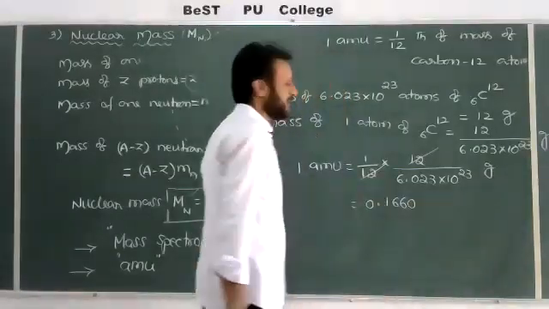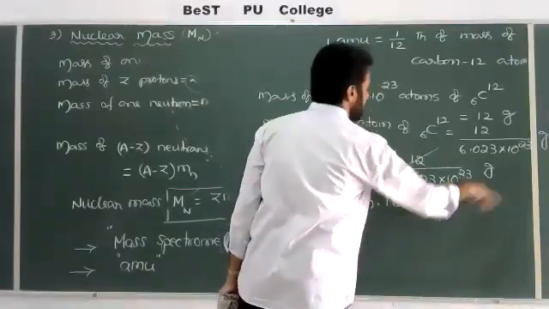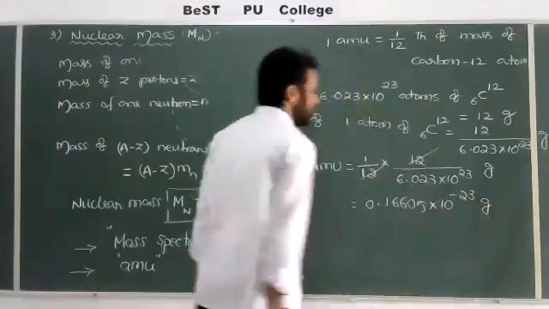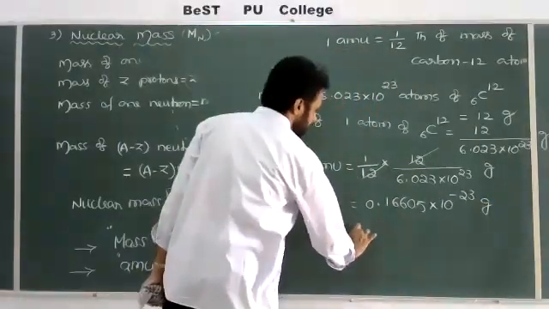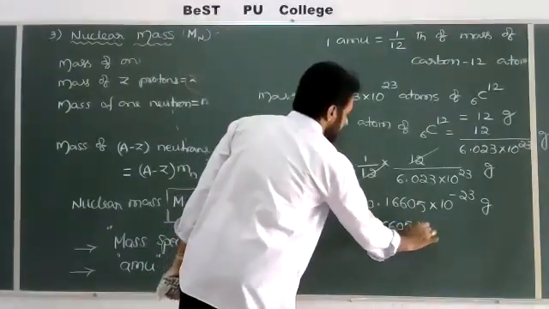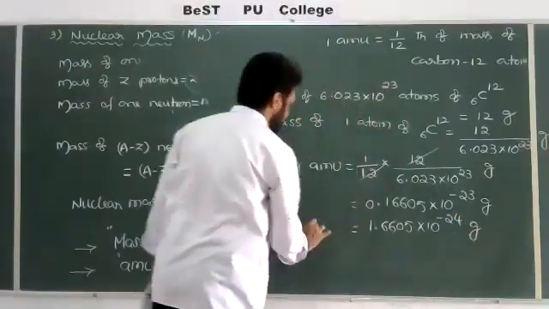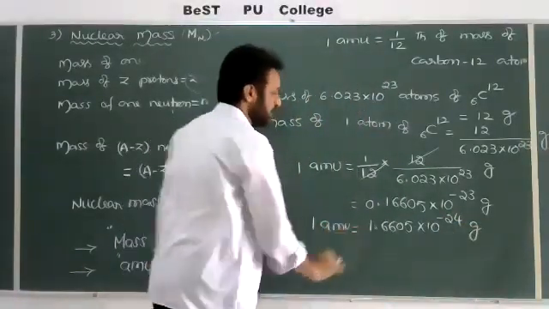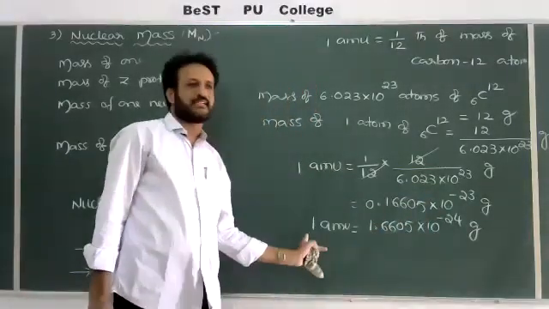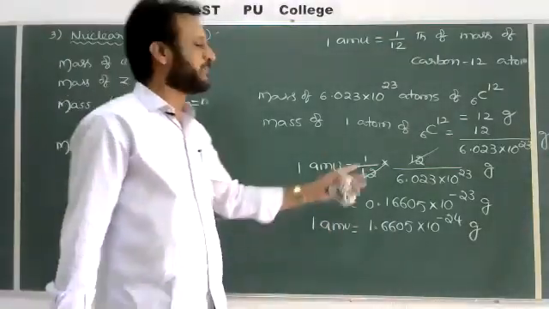We get 0.16603, or a standard value of around 5 × 10^-23 grams, taking the 23 to the numerator. Or we may adjust one more digit, that is, 1.6605 × 10^-24 grams. Check, correct or not? Just one digit I am adjusting here, 23 becomes 24, and one digit I am adjusting on the left side. In grams it means 1.6605 × 10^-24.